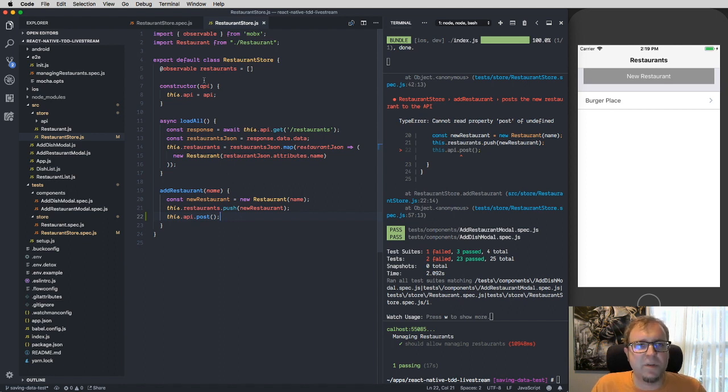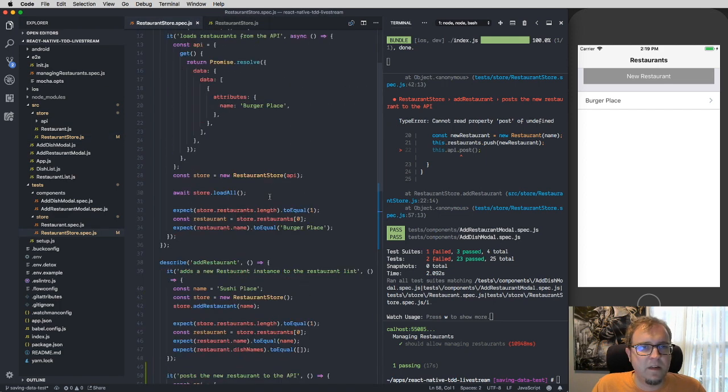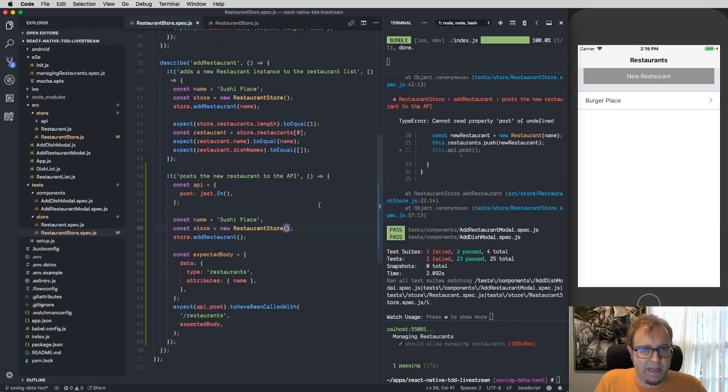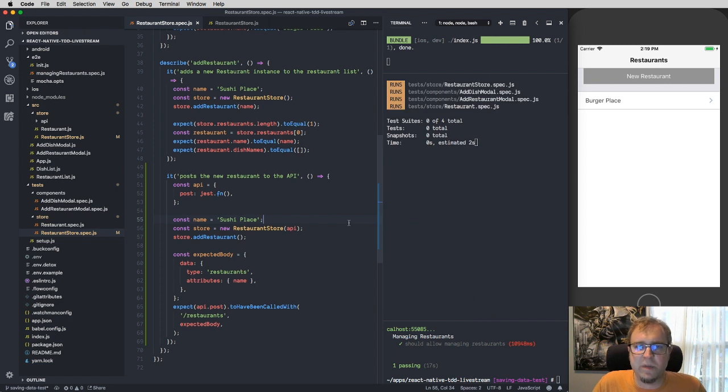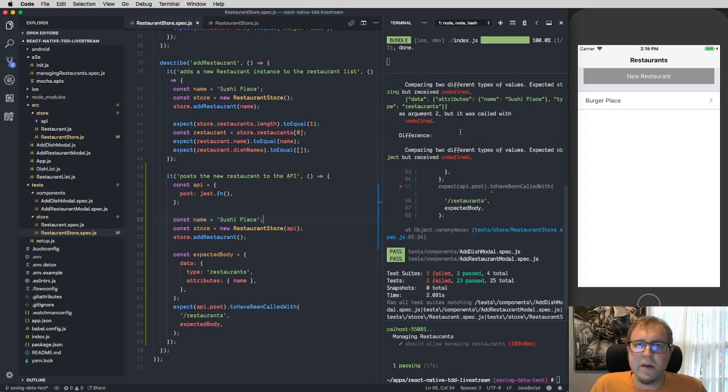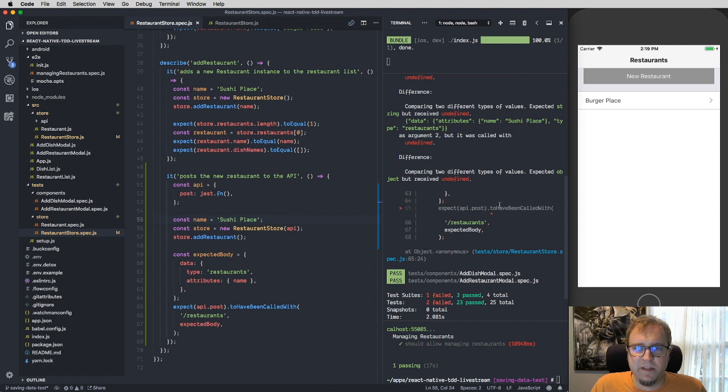Okay, this probably has to do with the initialization of our store in the test. Yep, and sure enough, we pass in API up here, but we don't pass it in here. So we need to pass that into the store. This should get us past this error, and we'll see what the next error is. All right, here we go. So now it says that we expected a string but received undefined. We expected this function to have been called. We expected the arguments to be